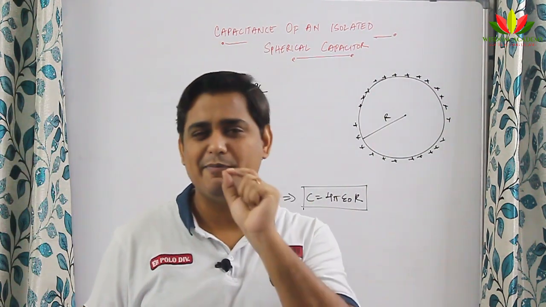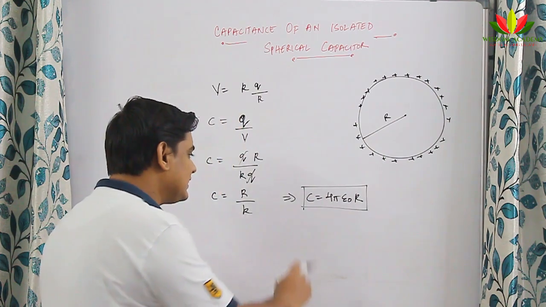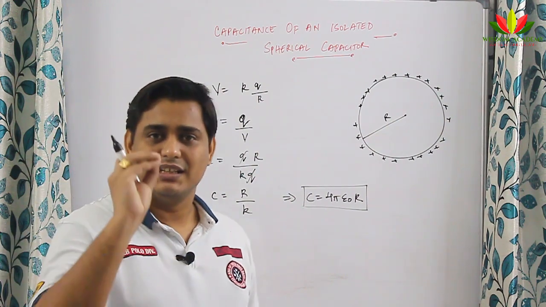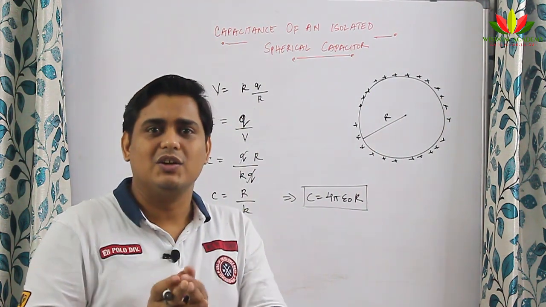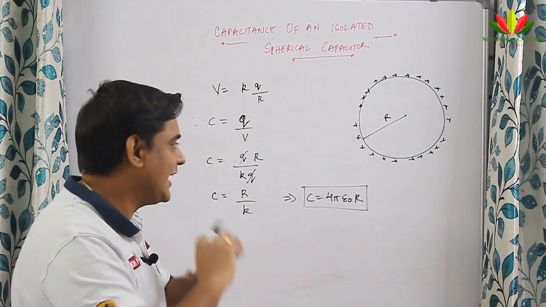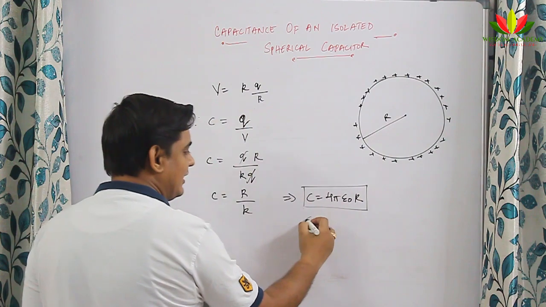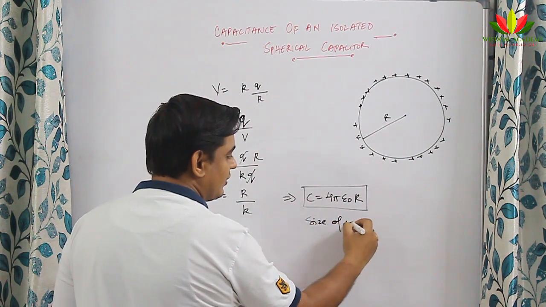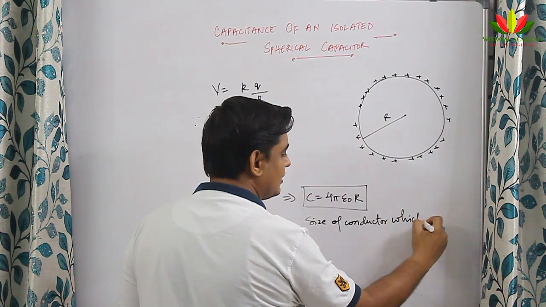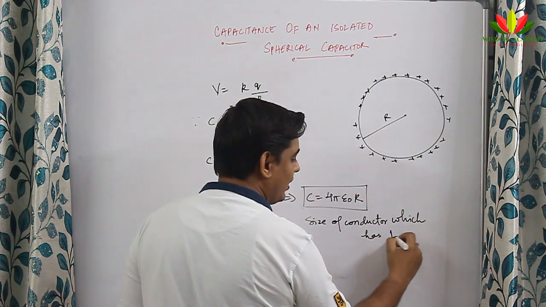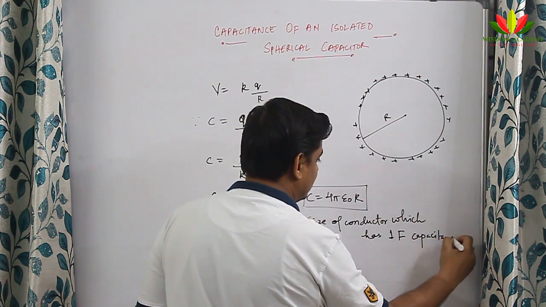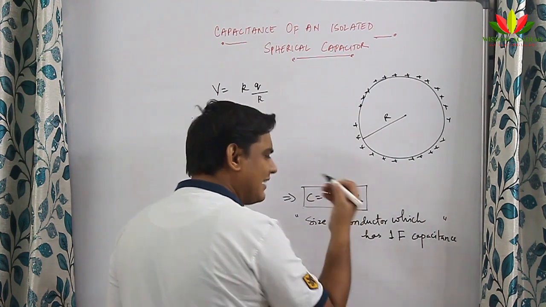Now you will understand why I said 1 farad is not used much. We use only milli, micro, nanofarads, because let us find what is the capacitance of any conductor which is holding a capacitance of 1 farad. Let us try to find what is the size of the conductor, which has 1 farad capacitance. Okay, let us try to find the size. Size I am telling in terms of radius.